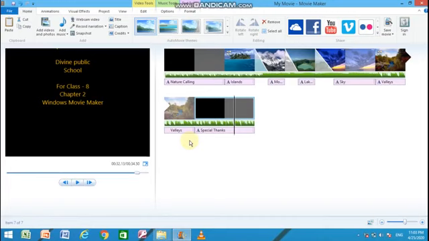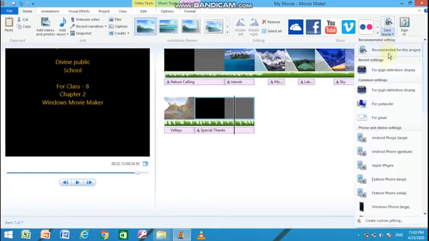You can do this by selecting this command button, Save Movie. You will get various options to export your movie for a particular device or for any particular resolution. I suggest you to select for high definition display.